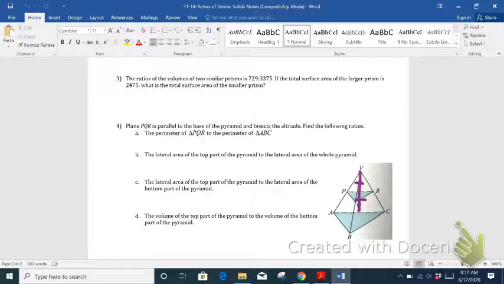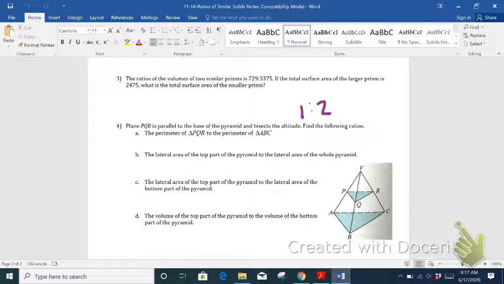But anyway, the fact that it says it bisects the altitude tells us that the height of the smaller pyramid, which would be this one right here, is going to have half the height of this larger pyramid, because the heights are bisected, so it's the midpoint. Find the ratios. By knowing that the height of the smaller pyramid is half the height of the larger pyramid, and we also know that they're similar because these are parallel planes, they're going to be the same shape, all the angles are going to be the same. We know that the scale factor is going to be 1 to 2 or 2 to 1 depending on